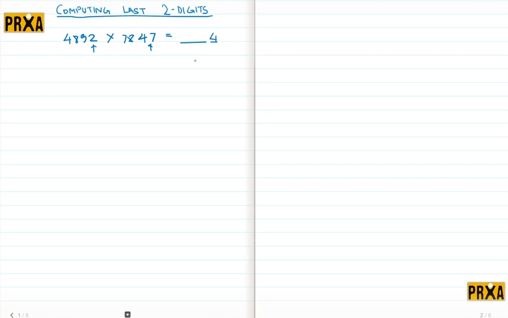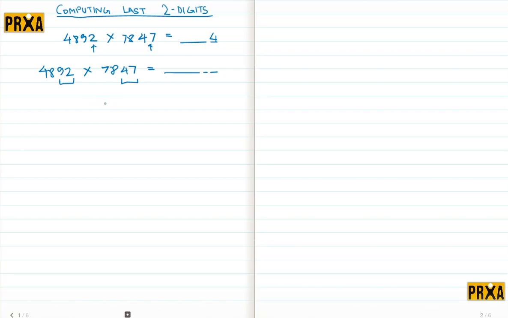Okay, exactly on the same principle, if let's say we have a largish computation, 4892 times 7847, and let's say this time we were to find the last two digits of this computation. So the last two digits of any computation, again just like in the previous case, would depend on our computation of the last two digits of this number multiplied by the last two digits of this number. Okay, let me just show you